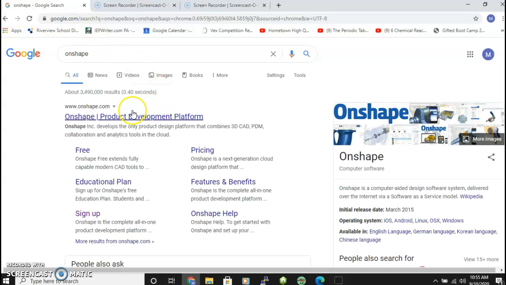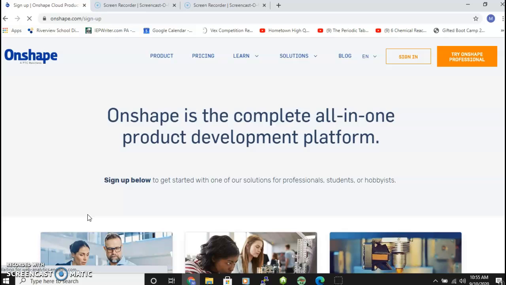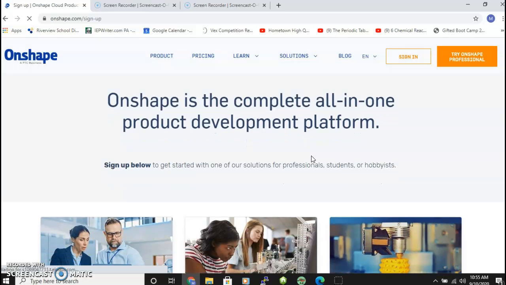You should see OnShape product development platform as one of your first choices, and we're going to choose sign up. And this is the page that you should see. If you scroll down,